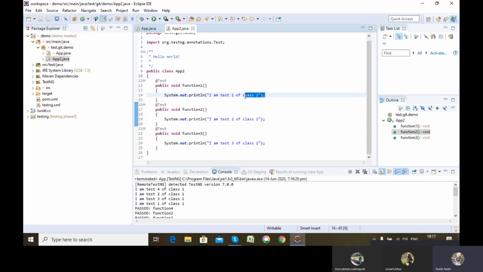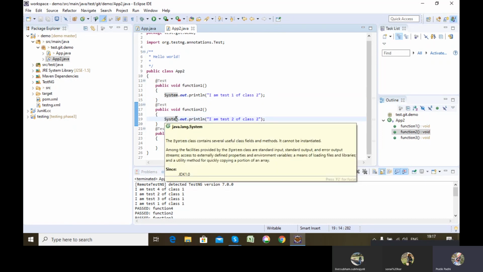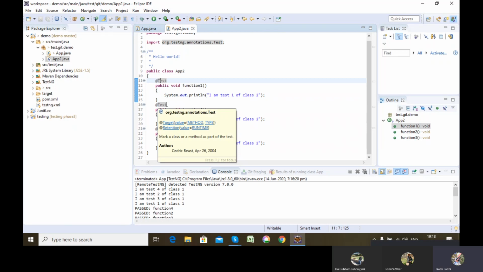Let's say this is the particular test case which produces the order number once the order is placed, and this particular test case uses that order number, created in the other test case, to check in the database whether it is present or not. So what is happening here is this @Test is depending on this @Test. If this @Test fails and the order number is not created, then there is no point in executing this particular @Test. It just increases the time of execution with no result.